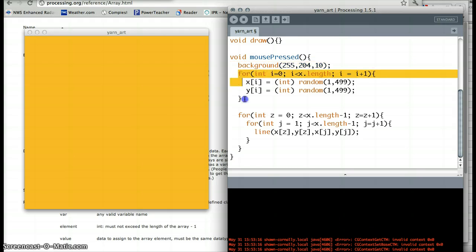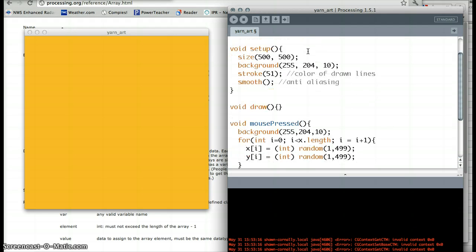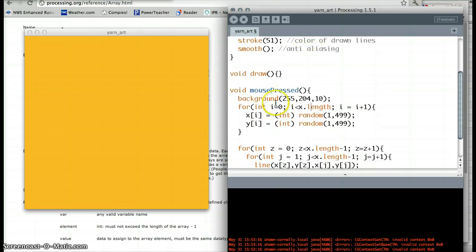And now we're going to start doing some loops. You can see here I have 2 loops, actually 3. But let's concentrate on just this one loop. This is a for loop, and it's read in English like this. For the times when integer i, so this variable i, is equal to 0 and is less than the length of our array, which in our case is 50-ish entries. So for the times that variable i is between 0 and the length of the array, notice here we have i is less than,